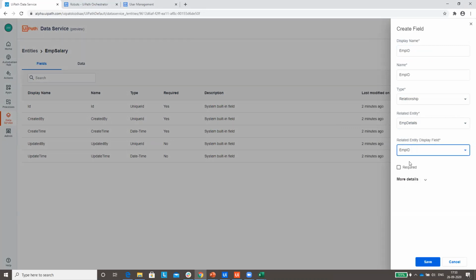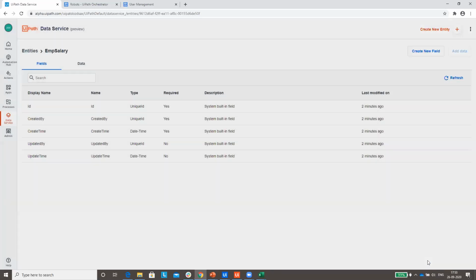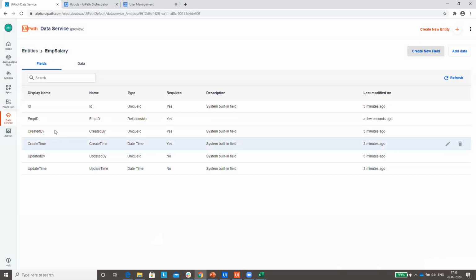This is how you will be creating a relationship between two entities. Just mark it as required and save. That's it.